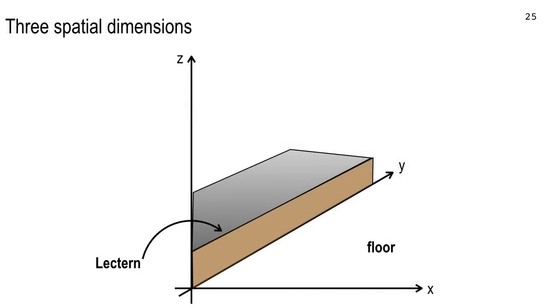So if you think of the stage here, and if the y-axis goes left and right, and the x-axis goes toward or away from you guys, and the z-axis goes up towards the sky, that's one way to set up the 3 spatial dimensions. There's other ways to do it. Latitude and longitude and distance from the center of the earth. That's spherical coordinates. But for rectangular coordinates, x, y, and z, that's perfectly fine.